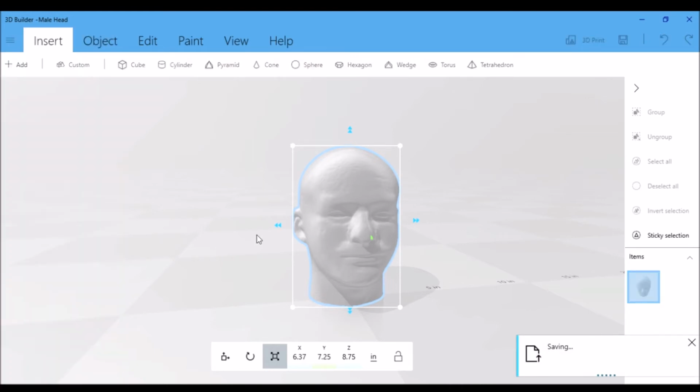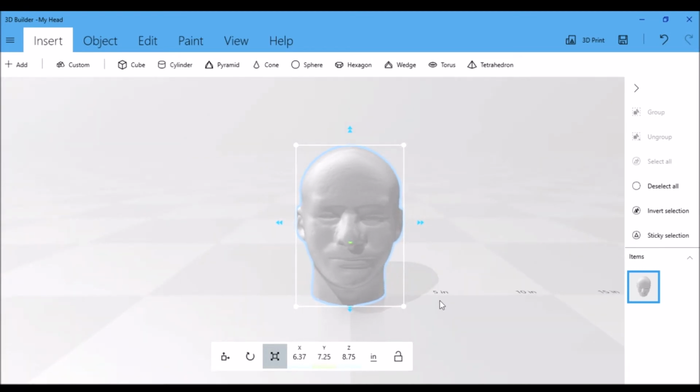And after it gets through saving, you have a styrofoam head that you can use to size your helmets and stuff with. Now, if you have glasses and you want to make sure that your helmet is going to fit over with your glasses, you can add an eyeglass STL and size it and put it on your head. So what you want to do is come up here to add,